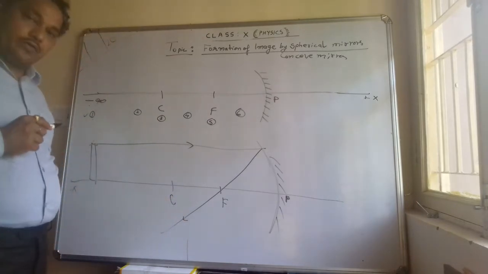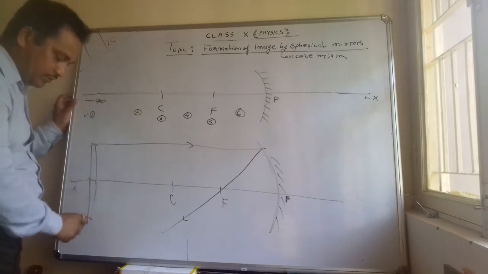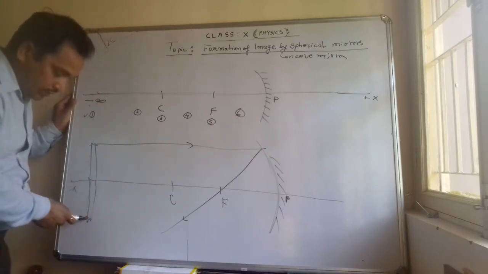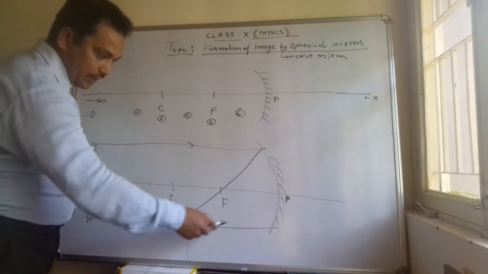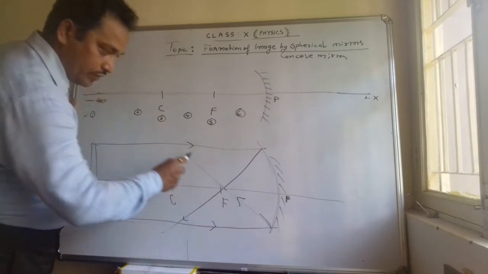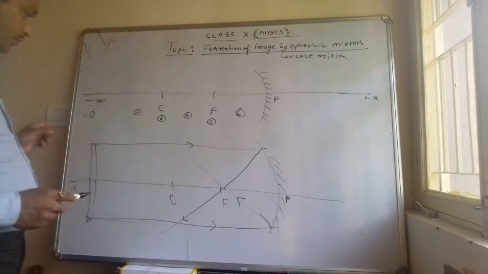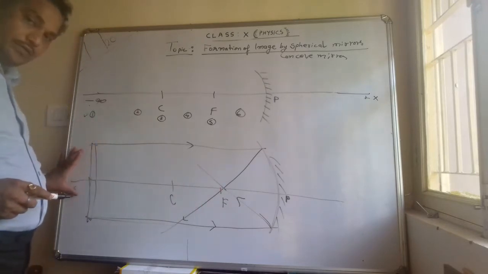Similarly, we are aware that here also, for example, this is the height of the object. So here also we can apply the same. The ray is passing parallel to the principal axis, and after reflection it will pass through the focus. So where are both the rays meeting? At the point F. So the image is formed at F for this object.